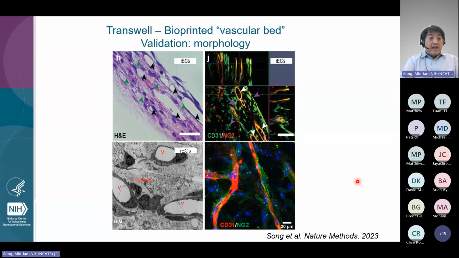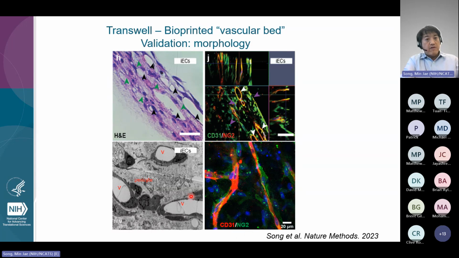And also, as you know, we included the pericyte here, and the role of the pericyte is stabilizing the vascular morphology. We confirmed that the pericyte is surrounding this vasculature, which mimics the in vivo condition, in that this TEM image shows the pericyte surrounding this vasculature. And we also confirmed that the pericyte is attaching to this vasculature by staining of the pericyte marker, which is